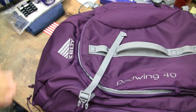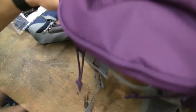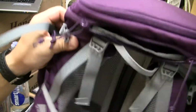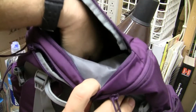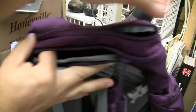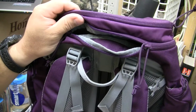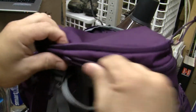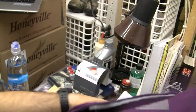The big difference between this Kelty Redwing and the other Kelty Redwings basically comes up to the top of it. One, let me see if I can get this far enough from the camera. It has a brain area up here, and of course she's got her UCO matches and a lighter up here for ease of access. Of course, we were getting in a downpour. The lighter would really need to be in the bag, and I'll show you that in a second. And then it has the ability to unzip the top and use it as a top loading bag,